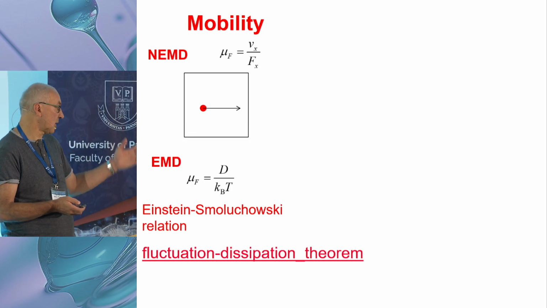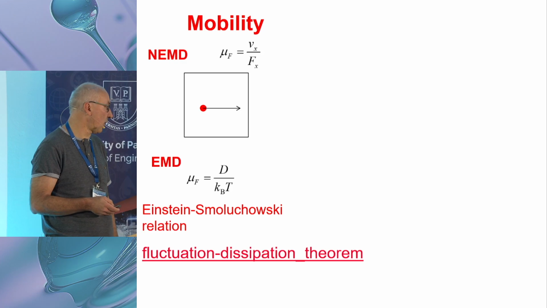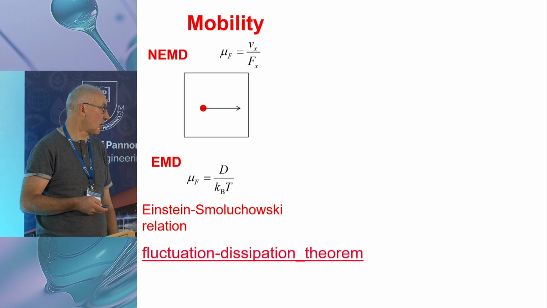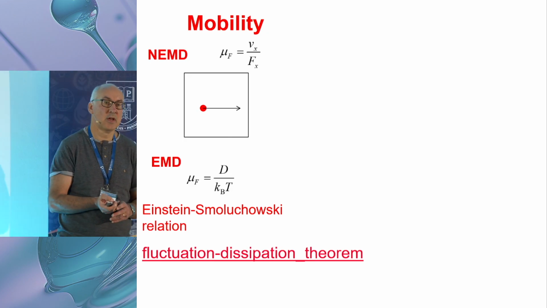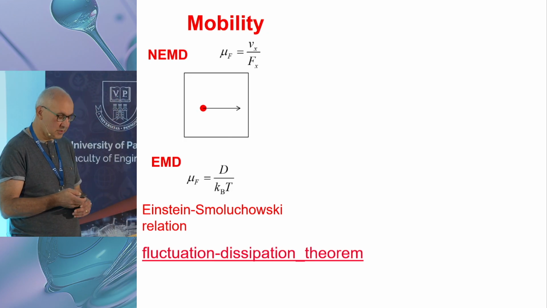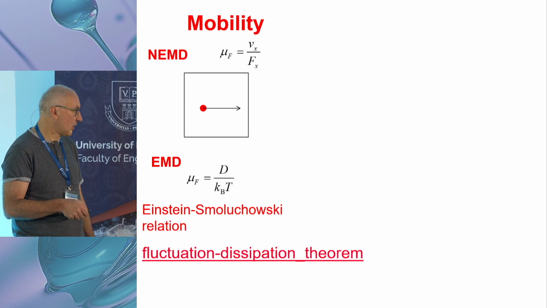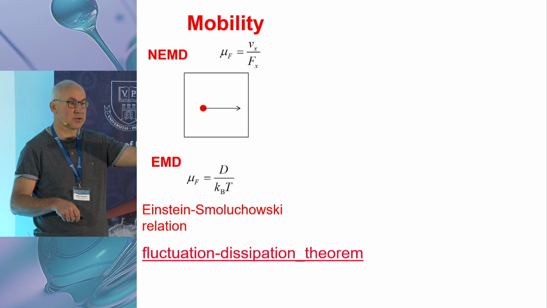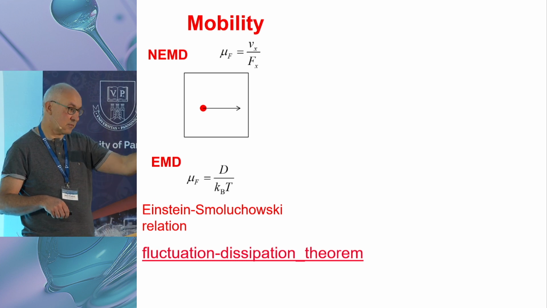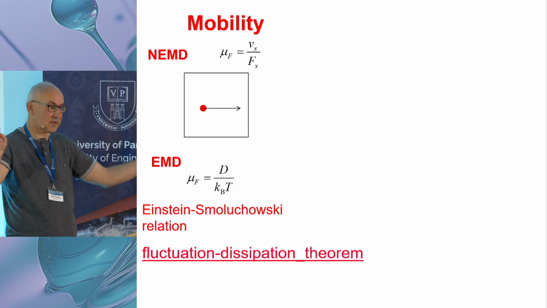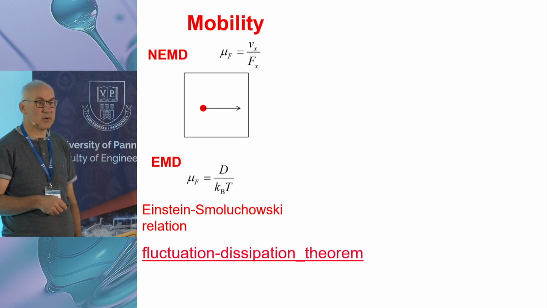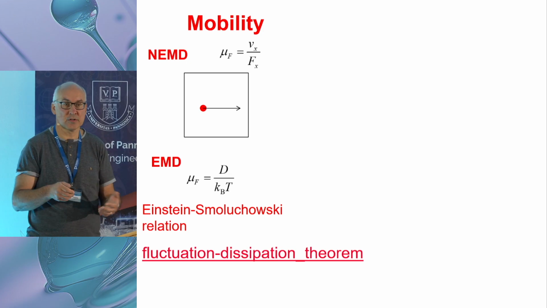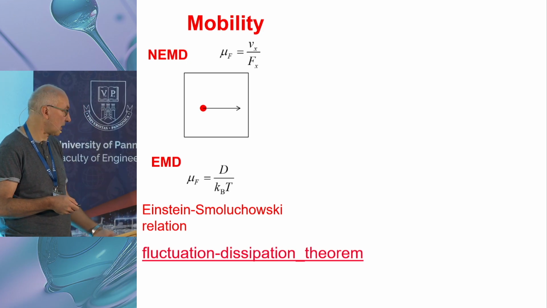And in this case, we are lucky because the derivation is known for long, and it leads to the so-called Einstein-Smoluchowski equation, which is a special case of the famous fluctuation dissipation theorem, because you can think of this mobility like dissipation, because you apply force on a particle, but you don't accelerate it because it dissipates the energy to the surrounding particles. And you can think about diffusivity like Brownian motion, a typical example of stochastic